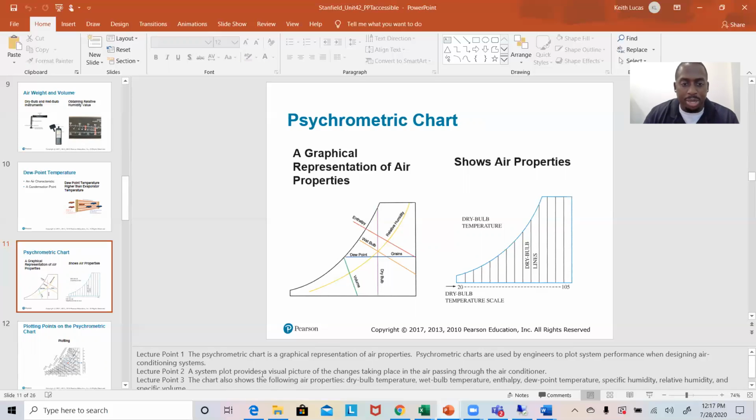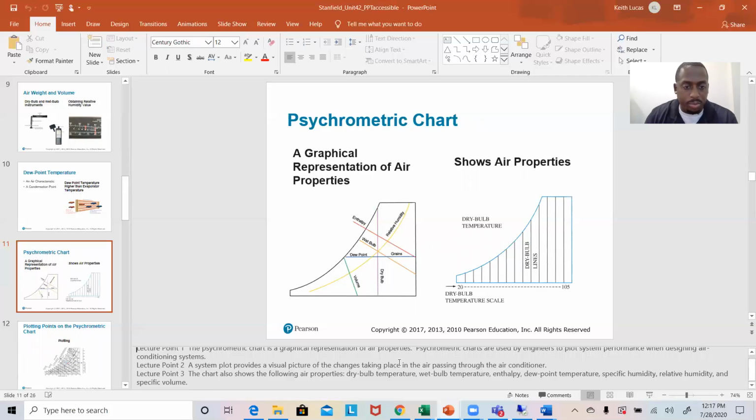The psychrometric chart is a graphical representation of air properties. Psychrometric charts are used by engineers to plot system performance when designing air conditioning systems. A system plot provides a visual picture of the changes taking place in the air passing through the air conditioner. The chart also shows the following air properties: dry bulb, wet bulb, enthalpy, dew point temperature, specific humidity, relative humidity,